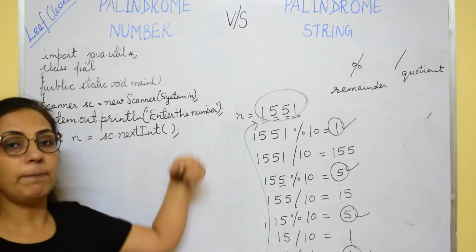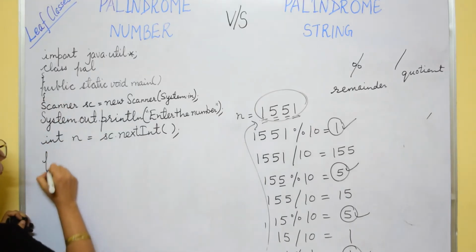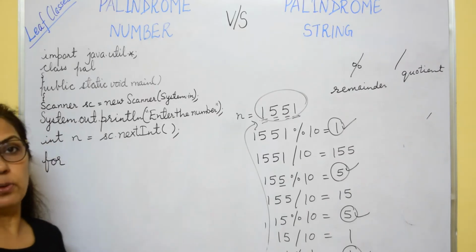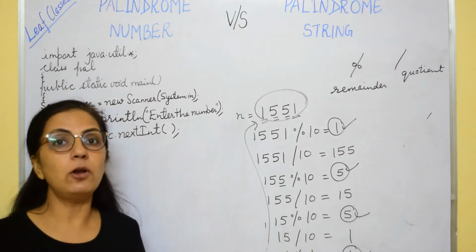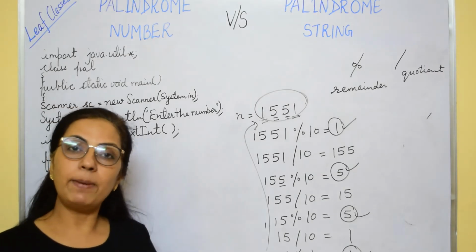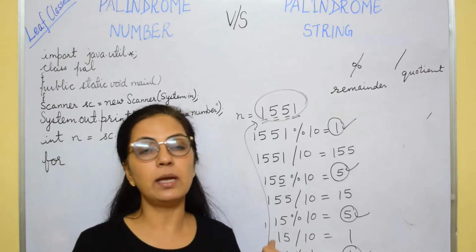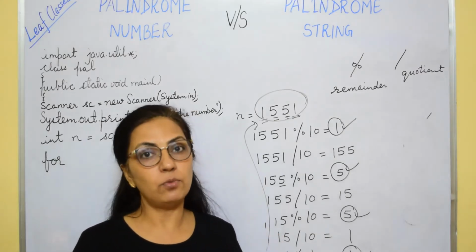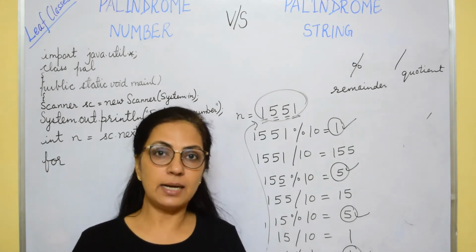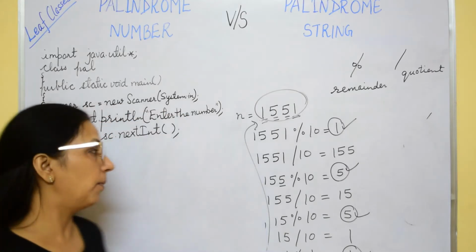Now we have to repeat the process again and again, so we will be using a for loop. You can use a while loop, a do while loop, any loop, and I hope all of you know how to convert one loop into another. In the PDF, the link is given in the description box, I will be doing the same program with while and do while. You can check over there and understand, and in case of any doubt please do comment. I will solve your problems, okay?